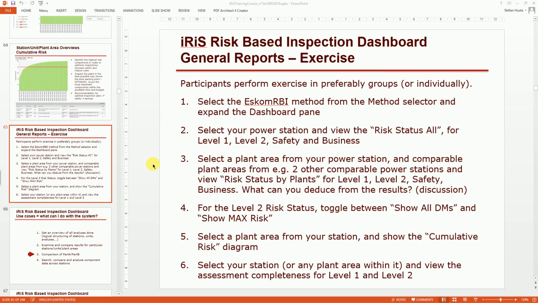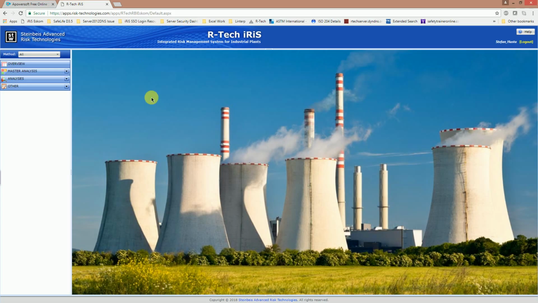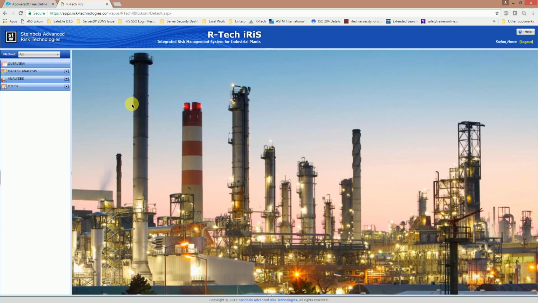This exercise will be concerning the IRIS RBI dashboard, and in particular the general reports part of the dashboard. In order to perform this exercise, I'm going to provide you with a little bit of background to the dashboard. So the IRIS RBI dashboard is a new feature which has been made, and in this instance is enabled for